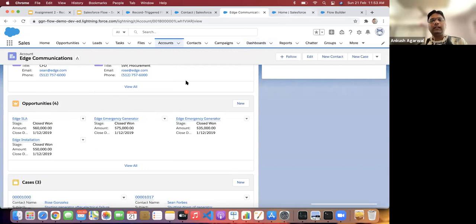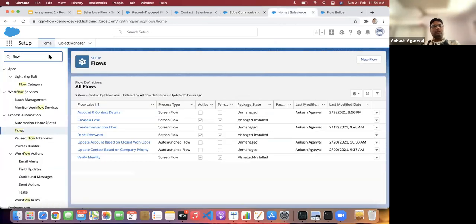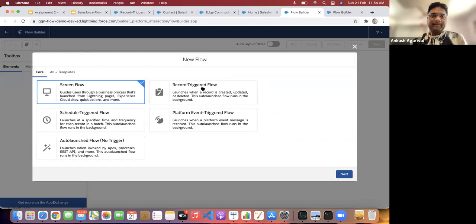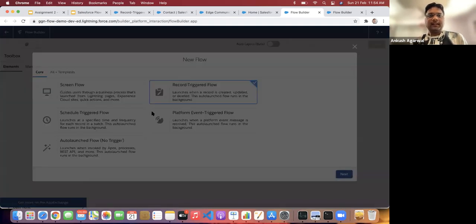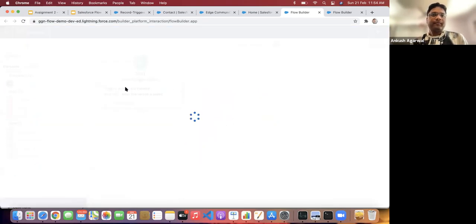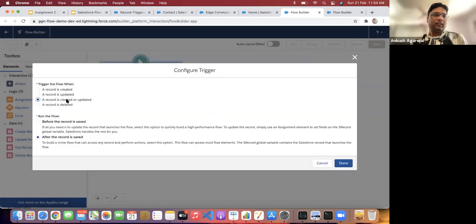Okay, so we'll create a new flow. Go to setup, type flow here, select it, and go to new flow. Then in record trigger flow, again, we'll select the same one. But this time, the difference will be, we select created or updated, and after the record is saved.